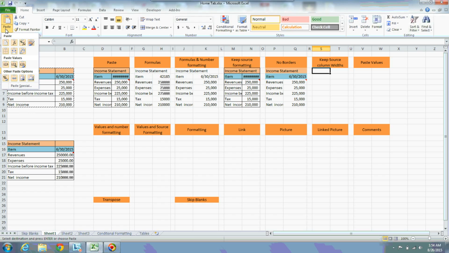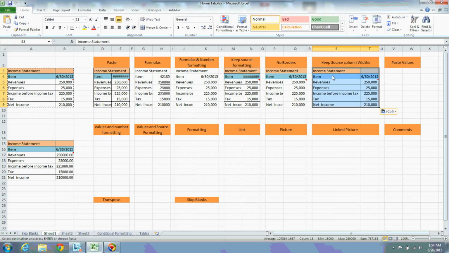Now let us see this option. If you observe this one, it is copying the data from source to destination along with the column width. My column width here is exactly matching the column width in the keep source column width format, whereas with no borders, keep source formatting, formulas and number formatting, formulas, or paste, my source column width has not been carried forward.